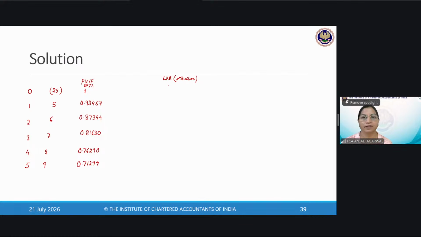So simply, 25 billion is gone, and 5 into 0.93457 is 4.67285. 6 into 0.87344 is 5.24064. 7 into 0.81630 is 5.7141. 8 into 0.76290 is 6.1032, and 9 into 0.71299 is 6.41691. When you add all this and subtract 25 billion,